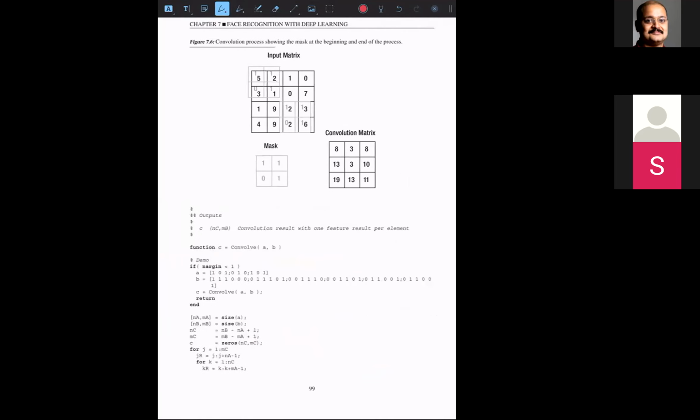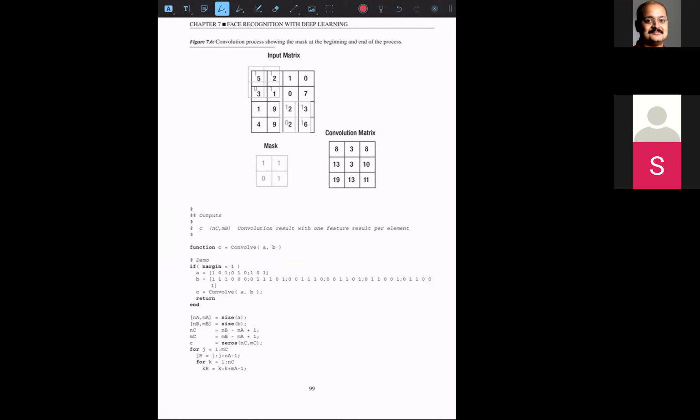Okay, so here is what the convolution is. Now think about each image, and now you will see the strength of this book. The reason I like this book is because you can actually see the code. So imagine that you have an image. That image is given as an input matrix. Do you agree with me? Now what you want to do is something called convolution. So convolution is you will take this mask. Can you see that the mask is 1, 1, 0, 1? And what you will do is you will place that mask.